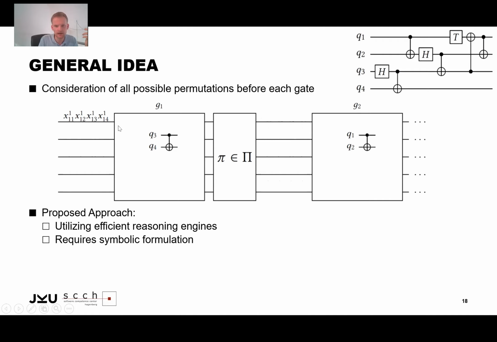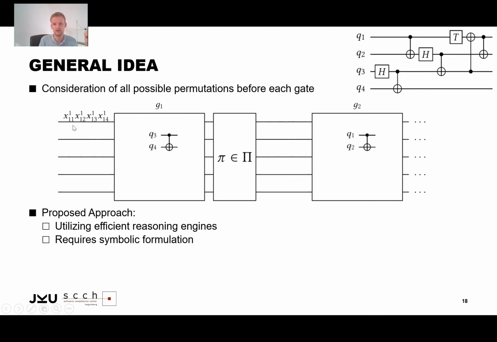And we can do that by using these four X variables here. That means for this particular line, this is a physical qubit we are mapping logical qubits to. And we now simply say, okay, for each line and each variable represents whether or not at position number 1, so this is this index here, this first index at position number 1, this position means before gate number 1, this variable, it's a Boolean variable, which describes whether or not logical qubit 1 is mapped to a physical qubit